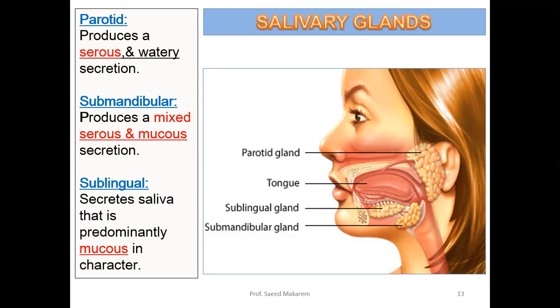Mixed gland means not an exocrine and endocrine function, but the serous and mucus type of secretion. Glands are divided into different types. Exocrine and endocrine is one type. Serous, mucus, and mixed is another type of classification. You must be knowing by now. Okay, so this is mixed because it produces both the serous as well as the mucus secretion. So parotid gland is serous, sublingual is mucus, and the submandibular is mixed, both serous as well as mucus